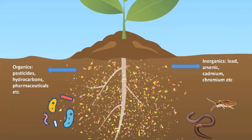The plastic does end up in the soil. We all know it's not going to go away. It's not going to break down because it's covered in soil, which stops it from degrading or going through any of these oxidation processes. Apart from that, plastics can also harbour organic and inorganic contaminants, like your bulky PFAS and pharmaceuticals, as well as your heavy metals, like your lead, cadmium and arsenic. They're just hanging out on the plastic. They're not going to be speciated, transformed, or degraded because they're being sheltered by the plastic,